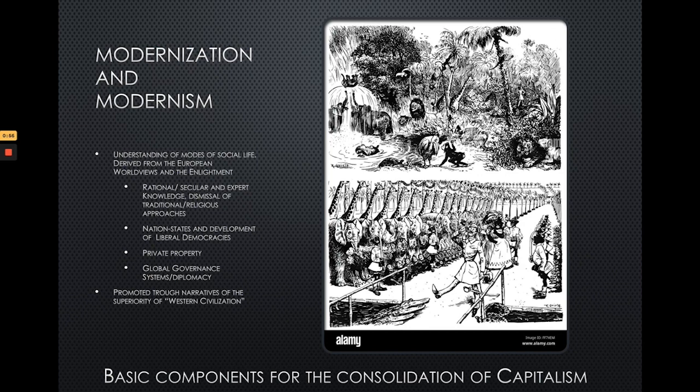All these components, including the role of science, the role of nation states, the limits to the political power of the sovereign, and the promotion of private property, are all the components or the key drivers for the consolidation of a globalized capitalist system. The interesting thing here is that this modernity that we see, that it's the result of different